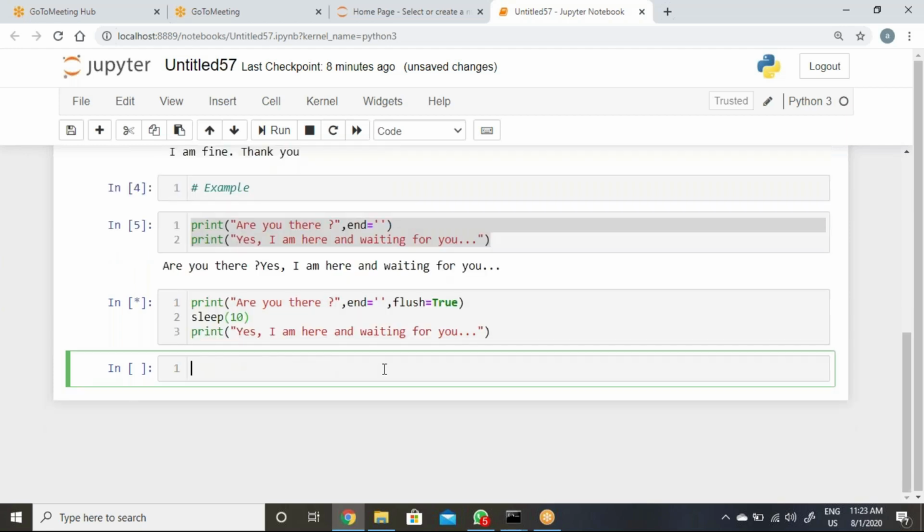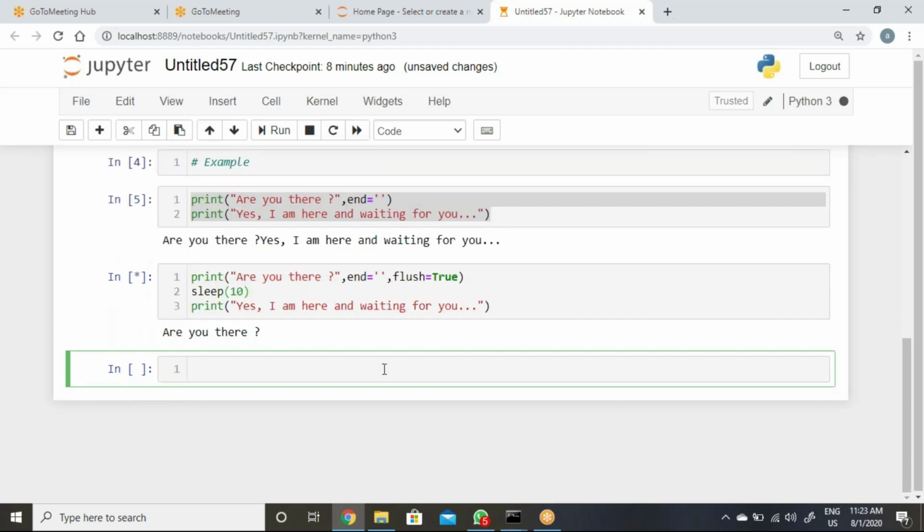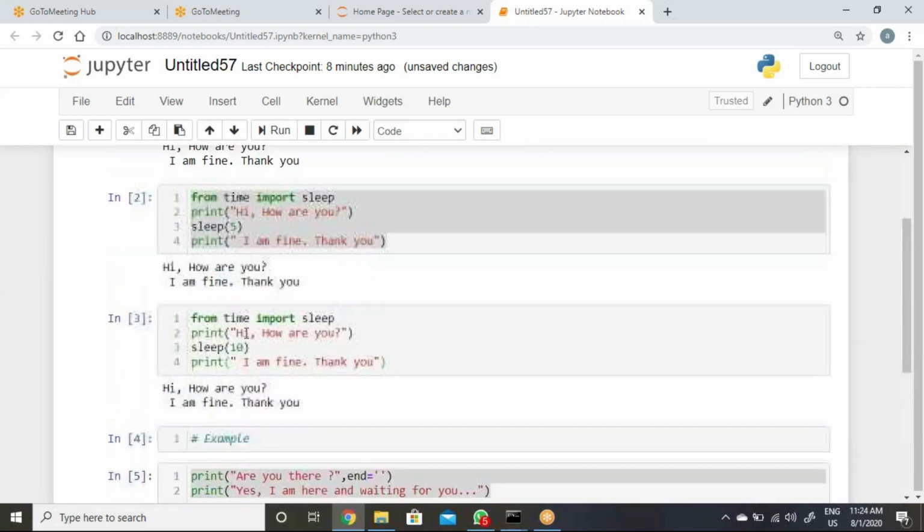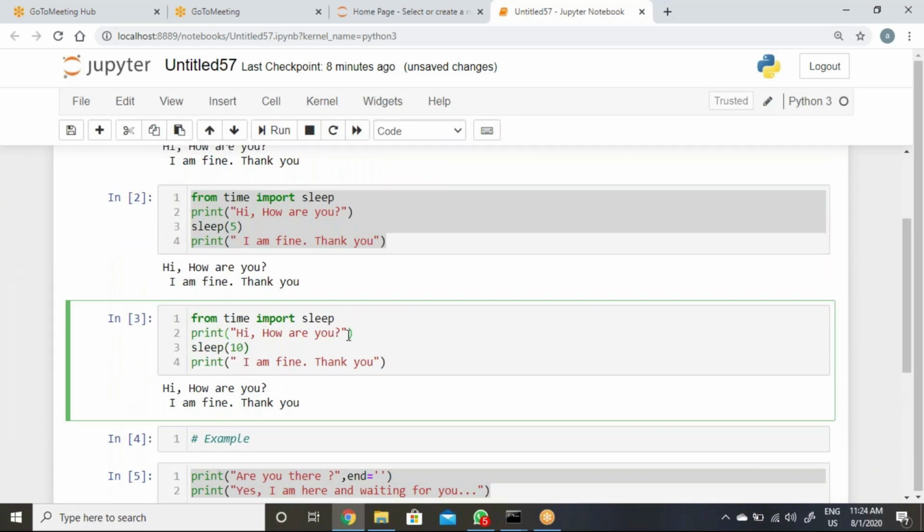Just execute now. See, "are you there" is there. Now it is waiting to get the value. Then "yes, I am here and waiting for you." So it will run 10 seconds and then it will display.